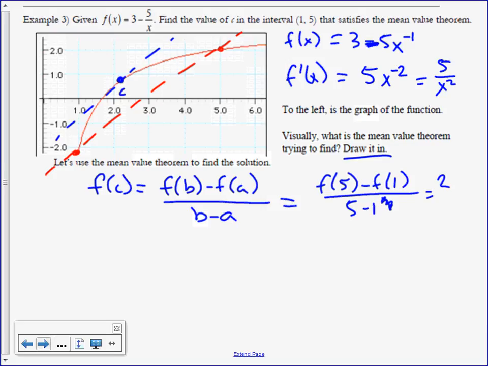Is it 4? Why am I getting 5? No, that's okay. Here we go. So that would be negative 2. Yeah, you're right. So 2 minus negative 2 over 4. Okay, so it goes to 1, which means that x squared is equal to